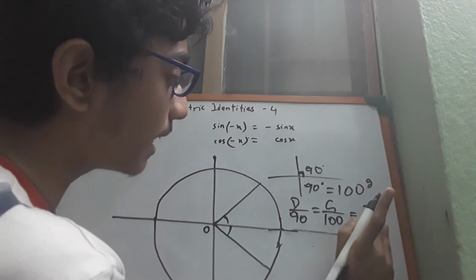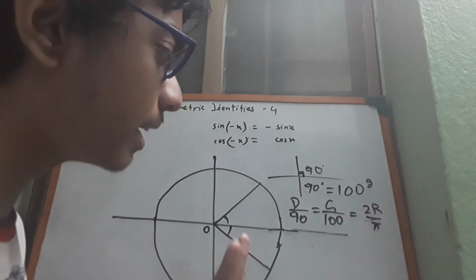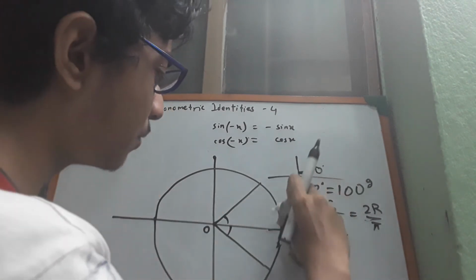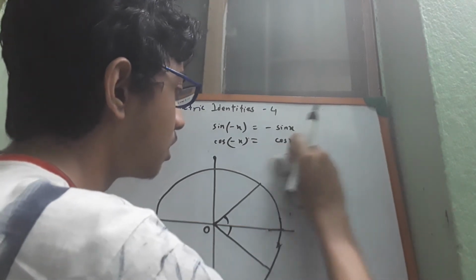So if I give you any angle in degrees or in grades, or in radians, you should be able to convert them, right? This is the basic thing. And obviously you can easily derive this if you think of it. So I'm rubbing this because it's not the point of this video.